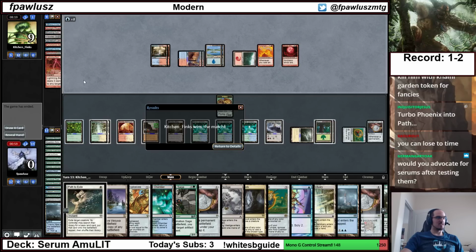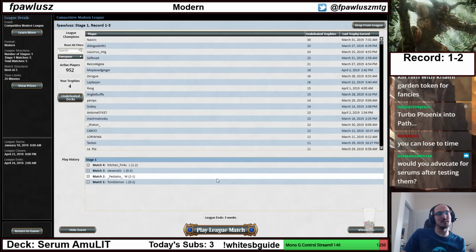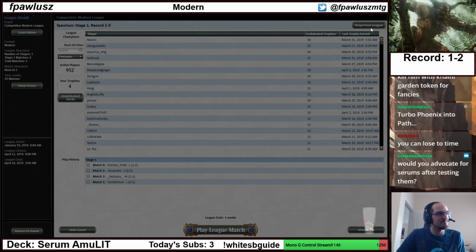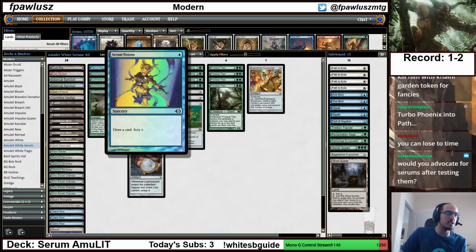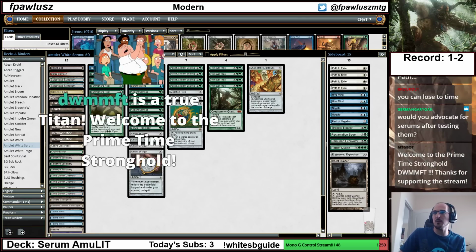Feels bad, man. To be honest, everything that happened was super lucky for us. But yeah. All right, so terrible leagues today. 1-3 into 1-3. Not what you want to see, but it's okay. Bad days happen. I will for sure continue testing Serum Visions. I have liked this quite a bit. But what I think I'm going to do...